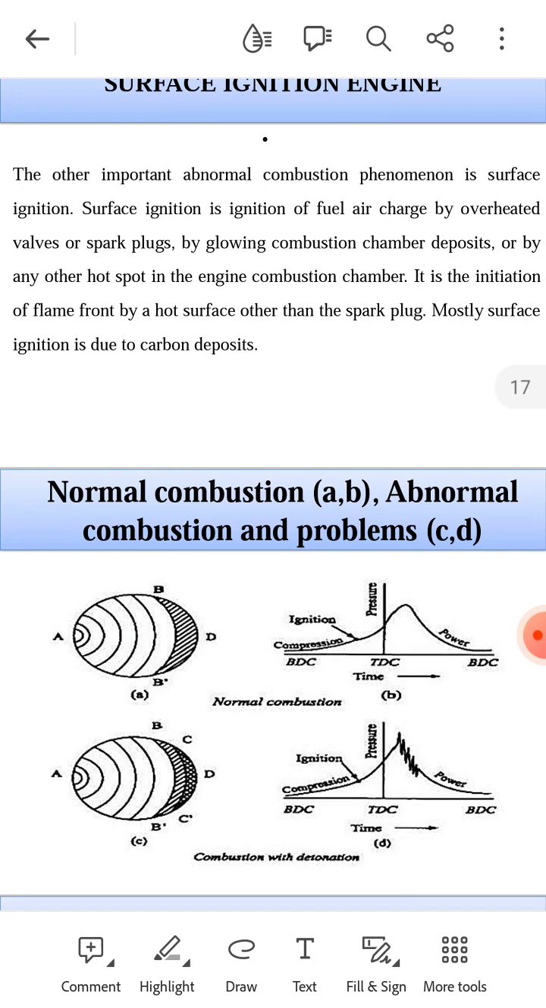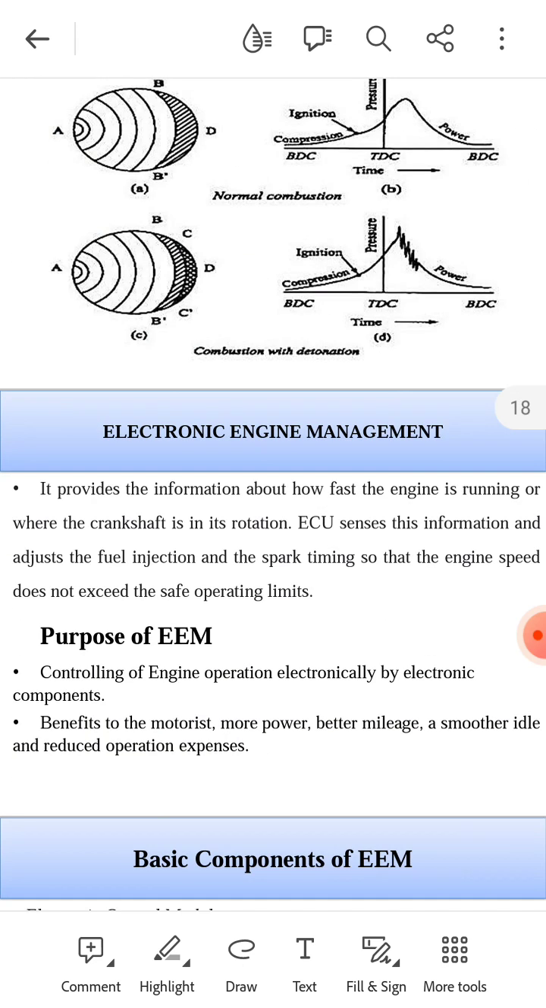Normal combustion and abnormal combustion and problems. It provides the information about how fast the engine is running or where the crankshaft is in its rotation. The ECU uses this information and adjusts the fuel injection and spark timing so that the engine speed does not exceed